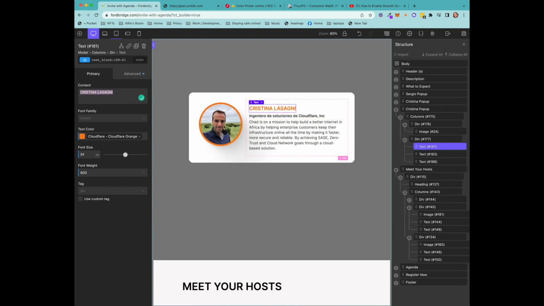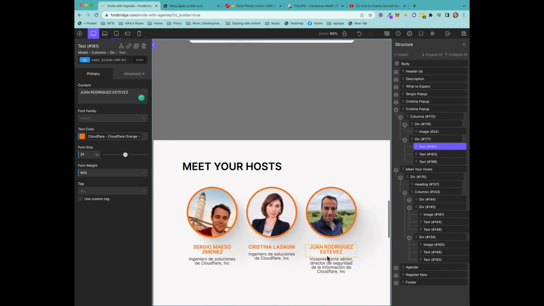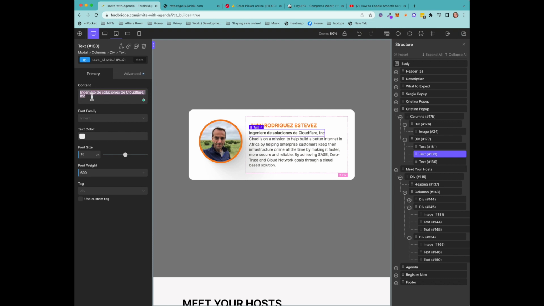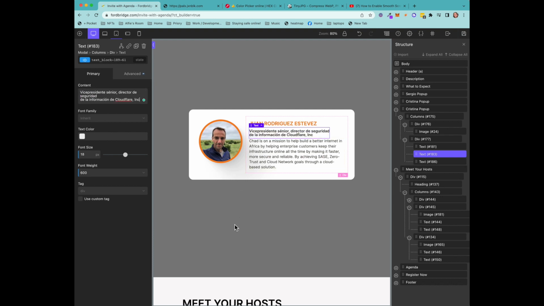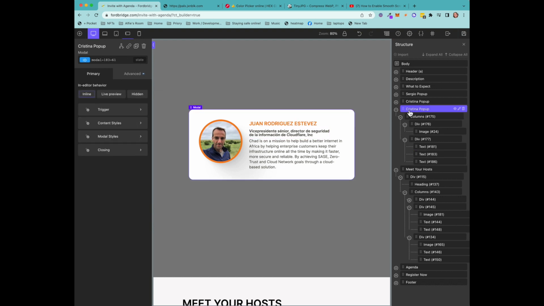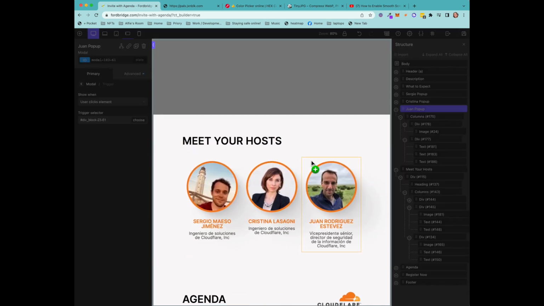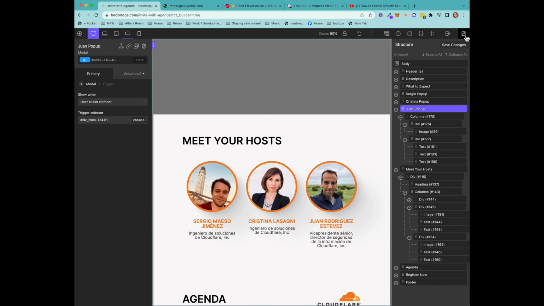Paste it in. And his details. You would probably have these already in a document. And his description. And then we're going to select the whole modal. You can change the name if you want to client. Change the trigger. We're going to choose the element, and it's this section. So let's click on save,